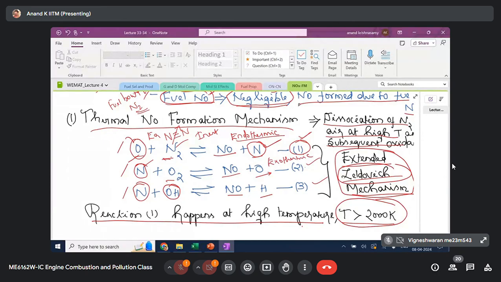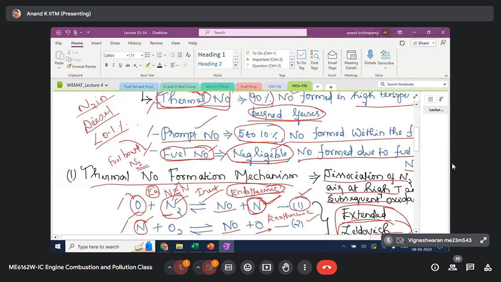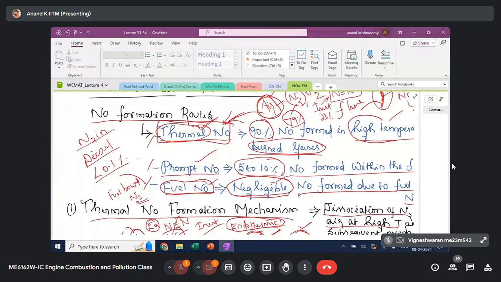There are three simple reaction steps. The first one, chemical reaction 1, is called the rate controlling reaction, because in the first one you can see that a nitrogen radical is formed from the stable nitrogen molecule. As I just said, the nitrogen molecule is inert. It doesn't participate in a chemical reaction readily because it is very stable with a triple bond. To break the triple bond, you need very high energy, known as activation energy. That's why the first reaction is endothermic. You need to provide sufficient thermal energy for this reaction to take place. That's why we say that high temperature burned gases are a source for forming thermal NO.